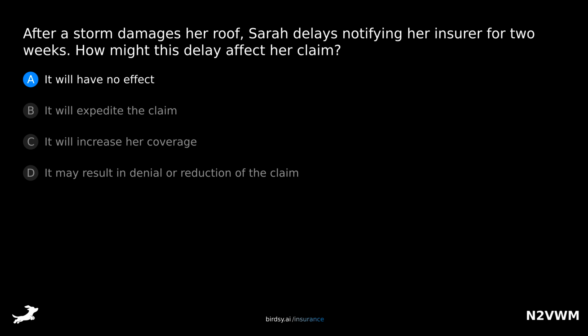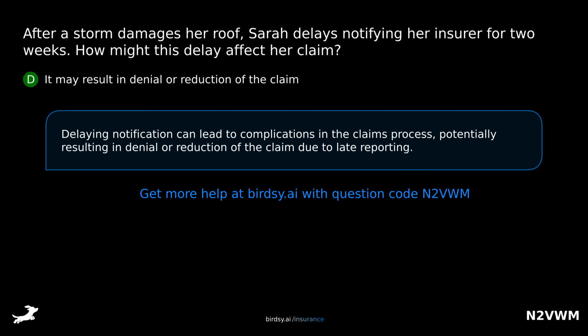Is it A, it will have no effect, B, it will expedite the claim, C, it will increase her coverage, or D, it may result in denial or reduction of the claim? The answer is D, it may result in denial or reduction of the claim. Delaying notification can lead to complications in the claims process, potentially resulting in denial or reduction of the claim due